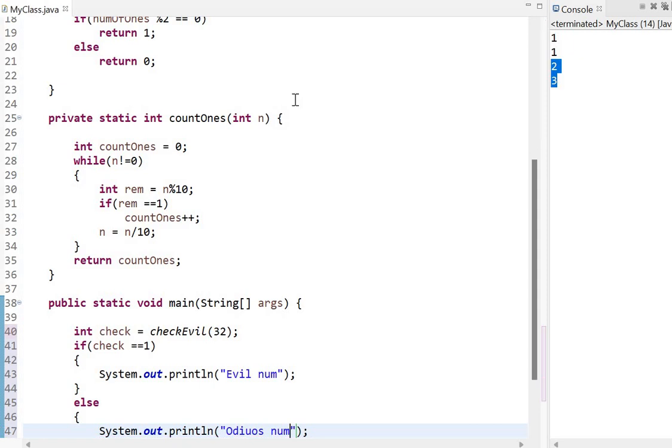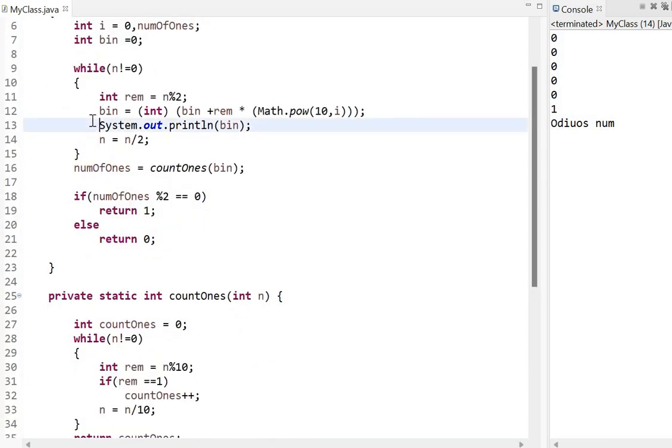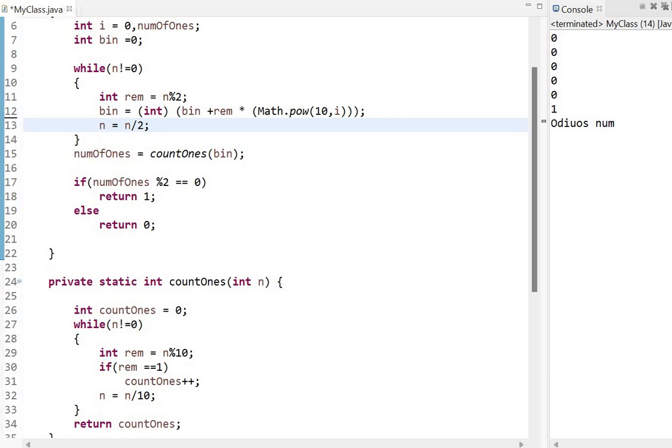Let me just check it what it is. Okay, so if I will be just deleting it first, and it is an odious number. So similarly, if taken 3